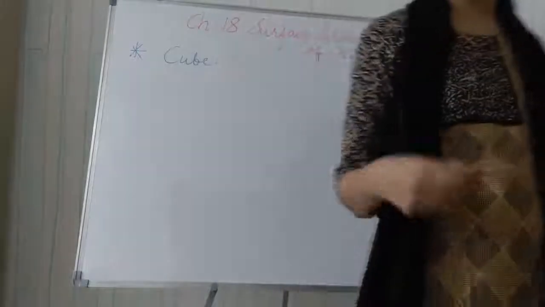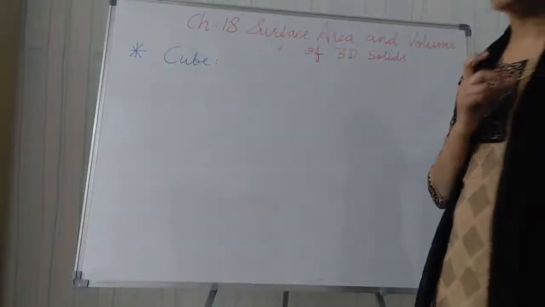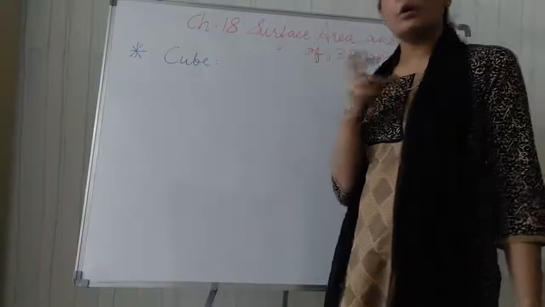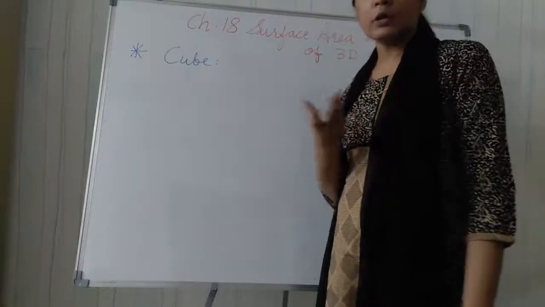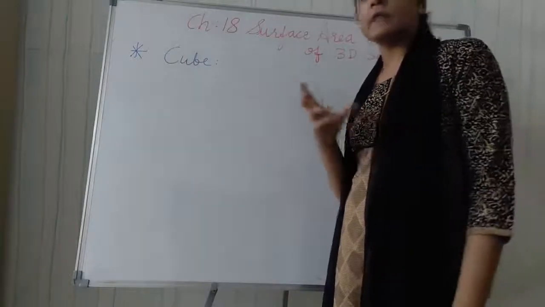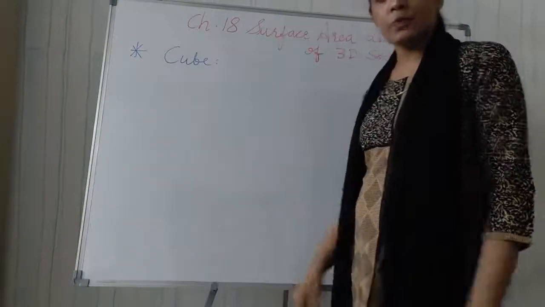Now students, we have studied about cuboid. And now let us study about cube shape. I think cube all of you have seen, because as a kid if you play the dice game, then a die is a shape of cube, right? Or many boxes come in a cube shape. Rubik's cube, if you play Rubik's cube, that is also the cube shape, students.